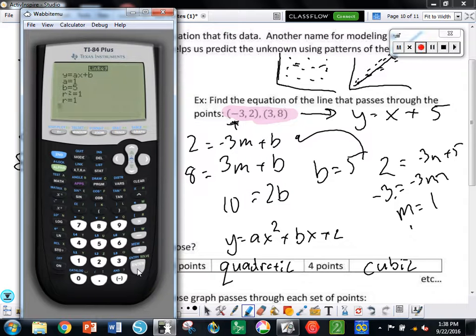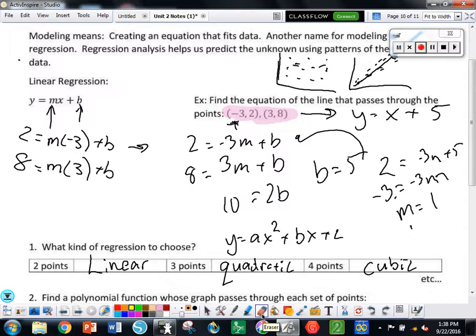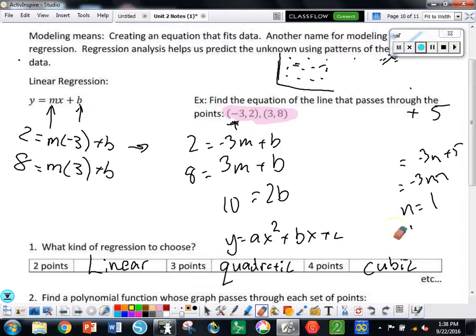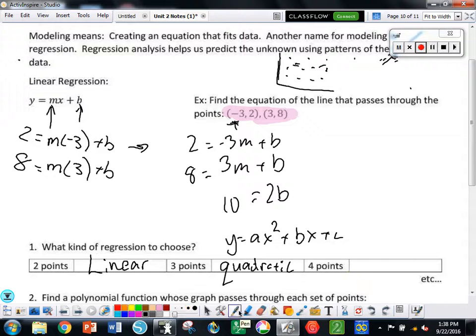Boom. Now, if you were on the other one, okay, you guys should have gone to your main screen. How many of you guys have TI-83s in here? Anybody an 83 user? Okay. So for you guys, it came back and it said LinReg, I don't know if it had the ax plus b, but it might have, right? Okay, and then what you need to do after that is hit comma,